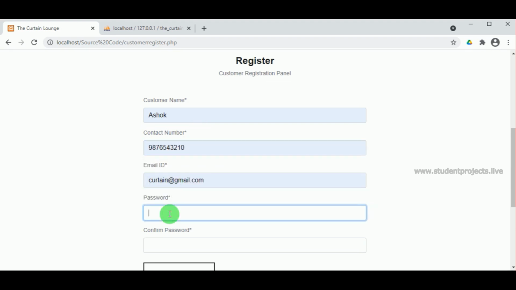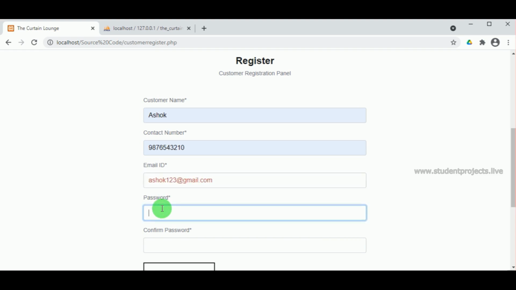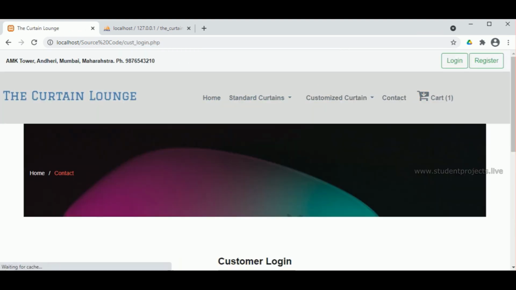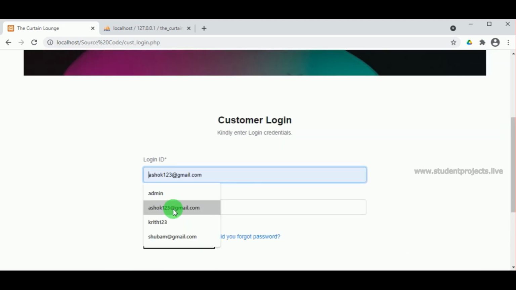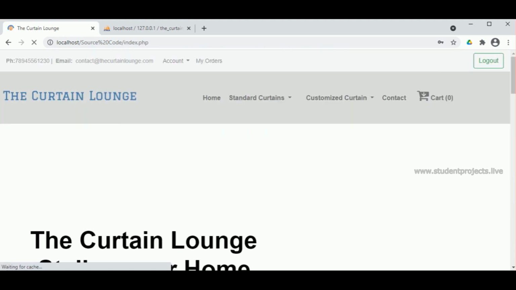To register, he must click on the register panel and must mention the customer name, contact number, email ID, password, and the confirm password of the customer, and click here to register will register the customer successfully, and then he must log in using the login ID and the password. Once the customer logs in,